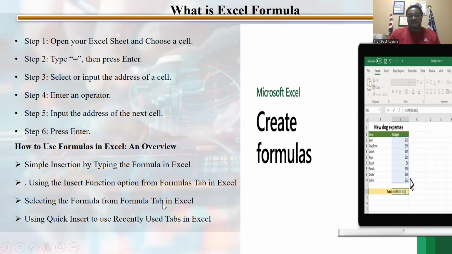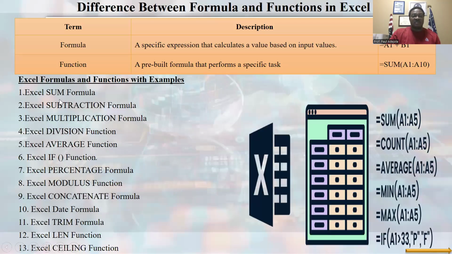Selecting the formula from the formula tab in Excel, using quick insert to use recently used tabs in Excel. Can you see I said the difference between formula and functions? Some people, or most people, mix this up. They find it difficult to differentiate between